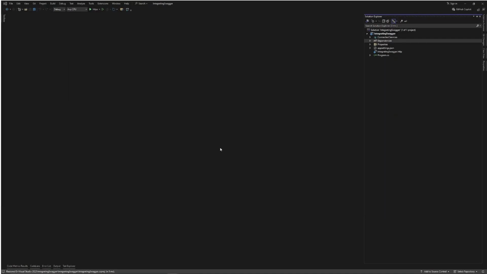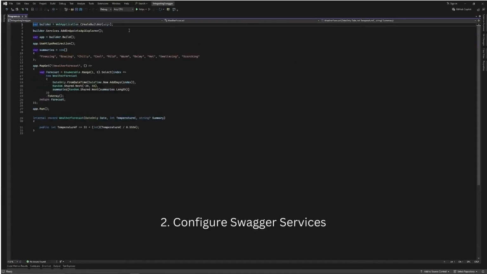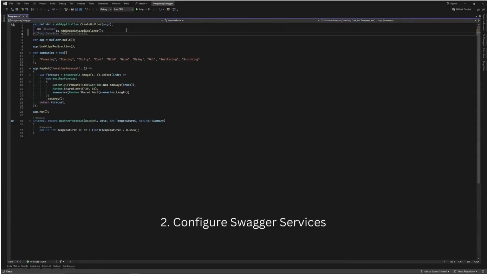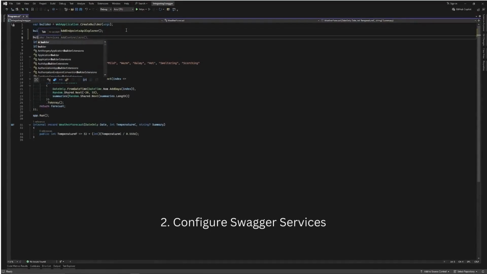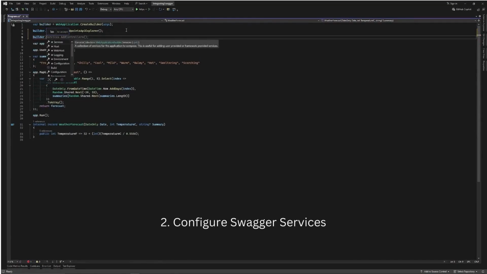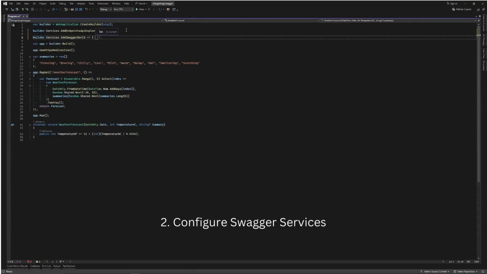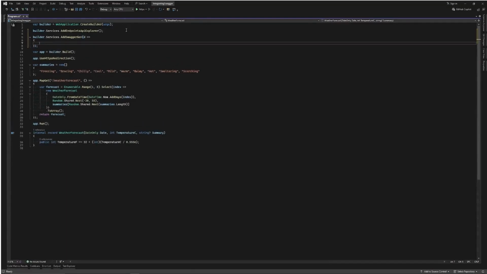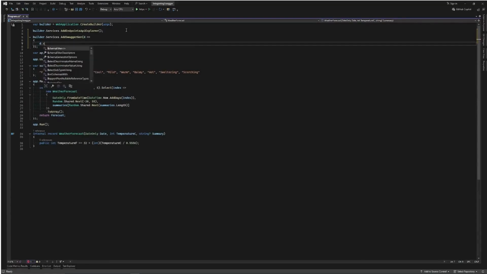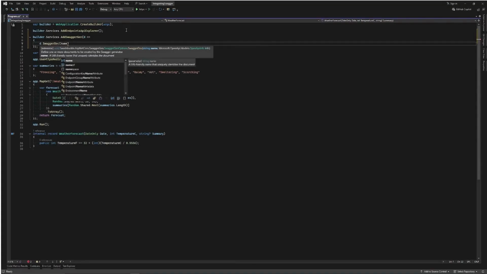After installing the package, the next step is to add the Swagger services. This configuration takes place in the program.cs file, where we will set up the Swagger generator. Add Swagger gen, Swagger doc, name, version 1,